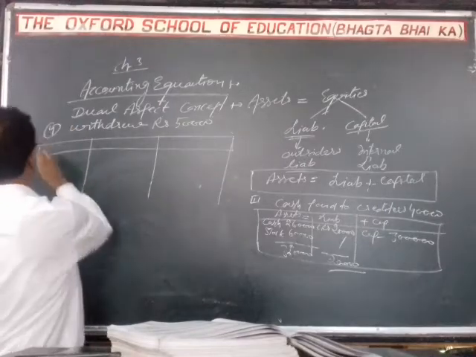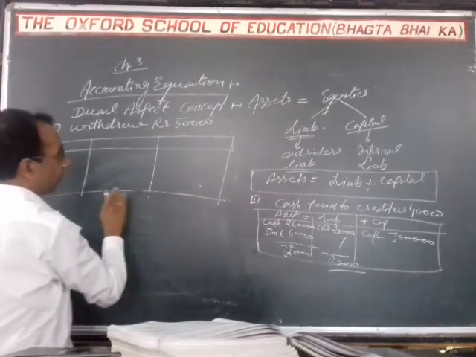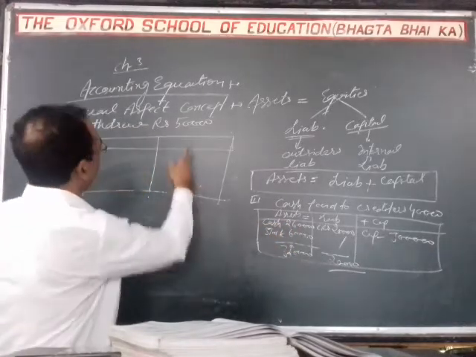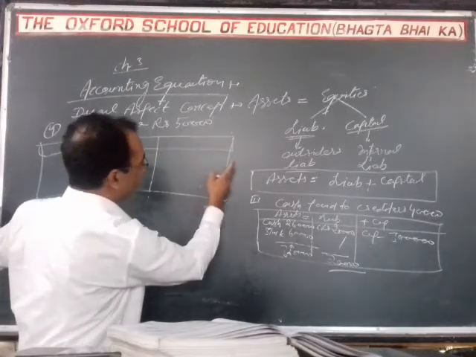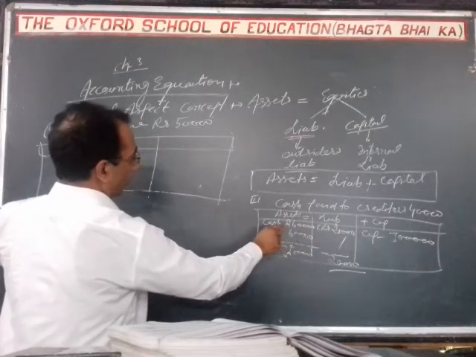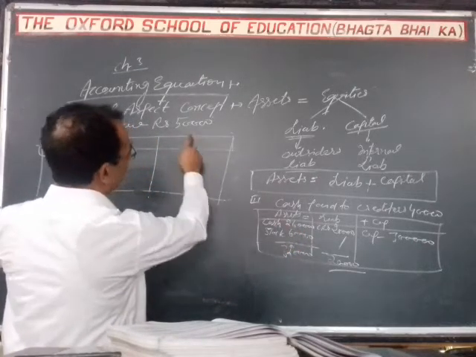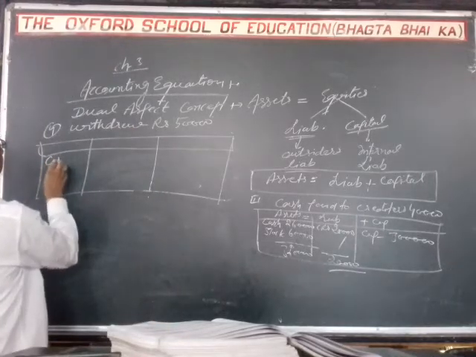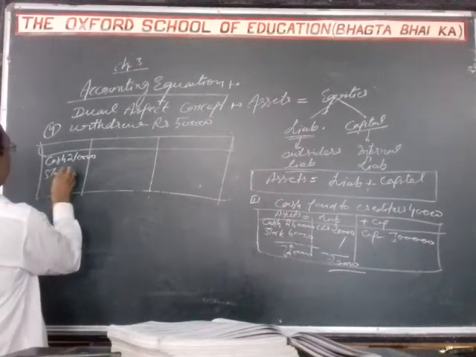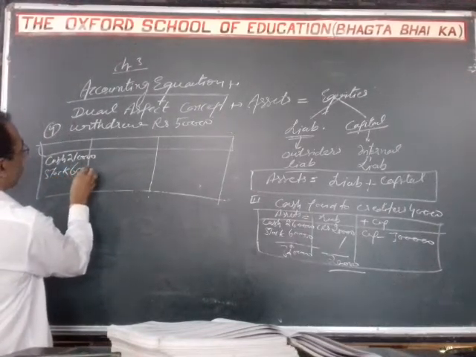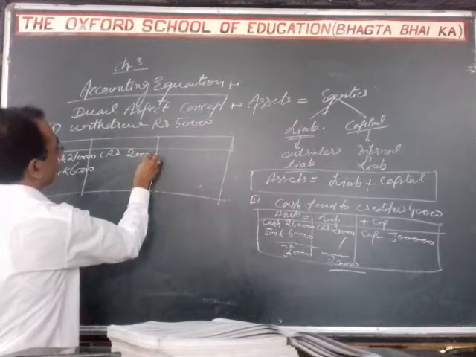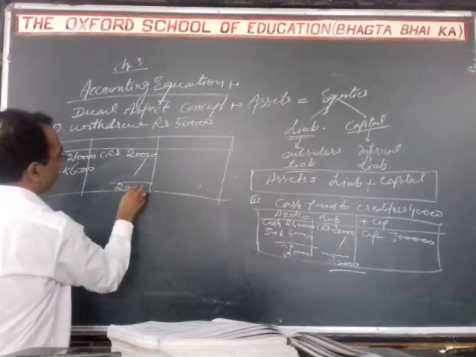So the fourth table will be based on table 3. Right? That means we will consider the figures of table 3. So we have cash 2,60,000 in table 3, and we made drawings of 50,000. So 50,000 will go from the business, so it will be minus from the 2,60,000. Now 50,000 gone from the business, so we have cash 2,10,000. Right? Stock remains the same because there is no change in stock, and creditor remains the same, 20,000. Now we have to make the total.